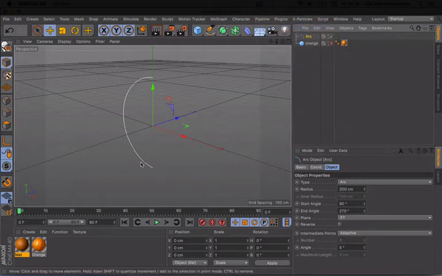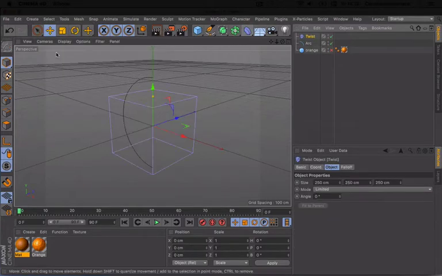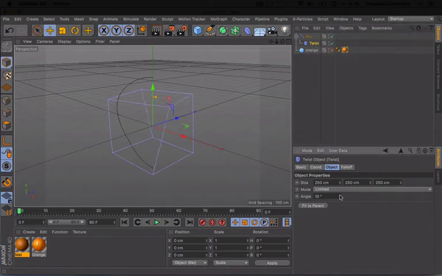Then we want this arc to be twisted, and to do that we add some twist action, put it underneath the arc, and now we want to increase, and you see it's going to start spinning, and we need a lot of movement, so